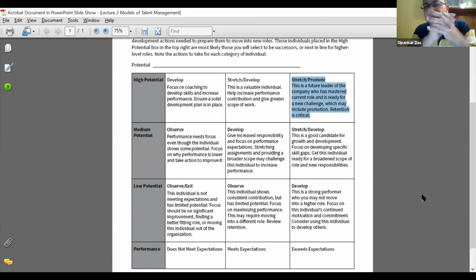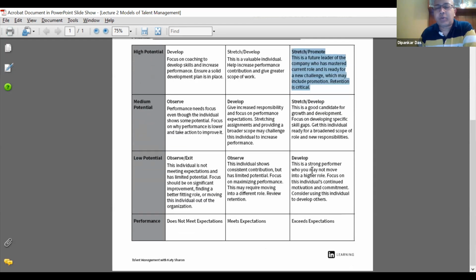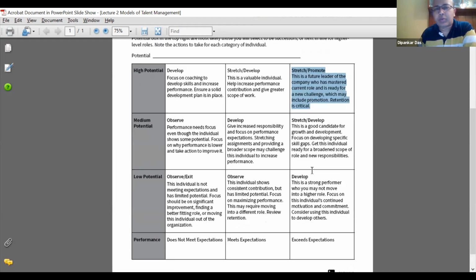Abhay, does that help? Okay, sir. Okay. So this is one of the very useful tools, and it is used extensively by some organizations. Going back, let's look at